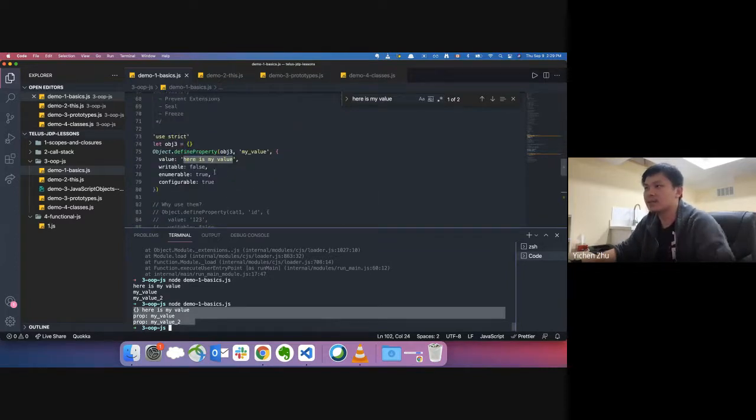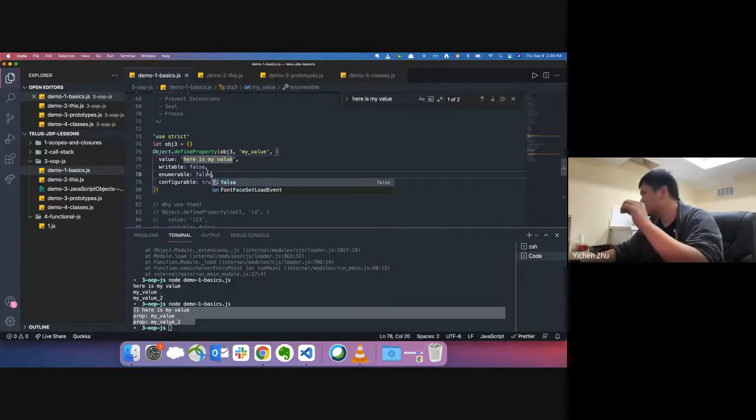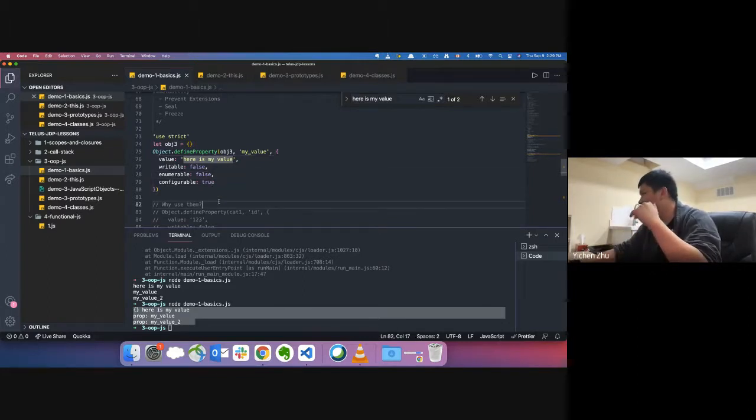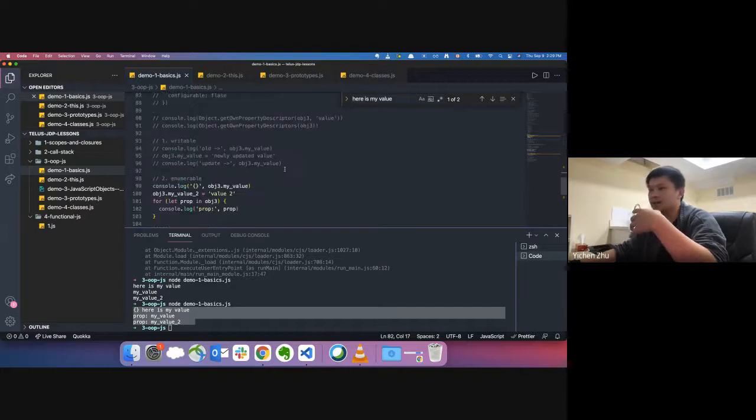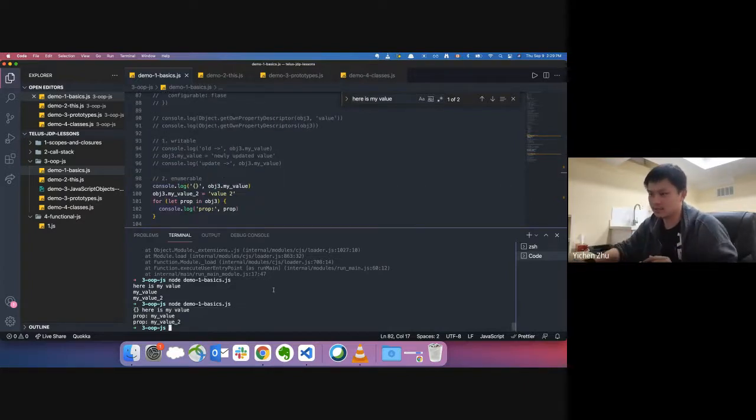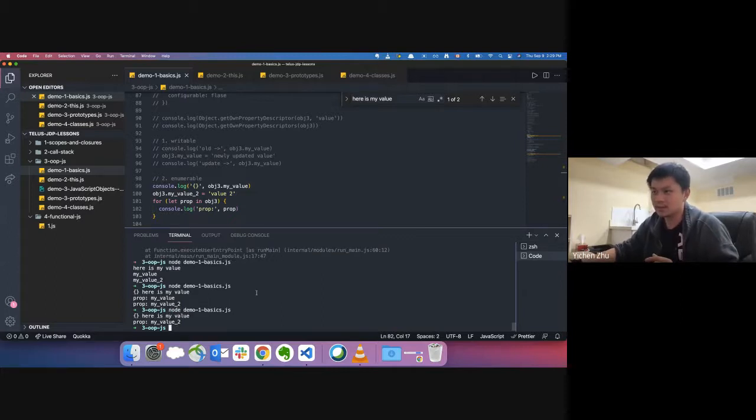So if I make this false, I will still be able to access the property, but I cannot enumerate over it. So I cannot use the for in loop to try to fetch the property of that object. Okay, so if I do this,